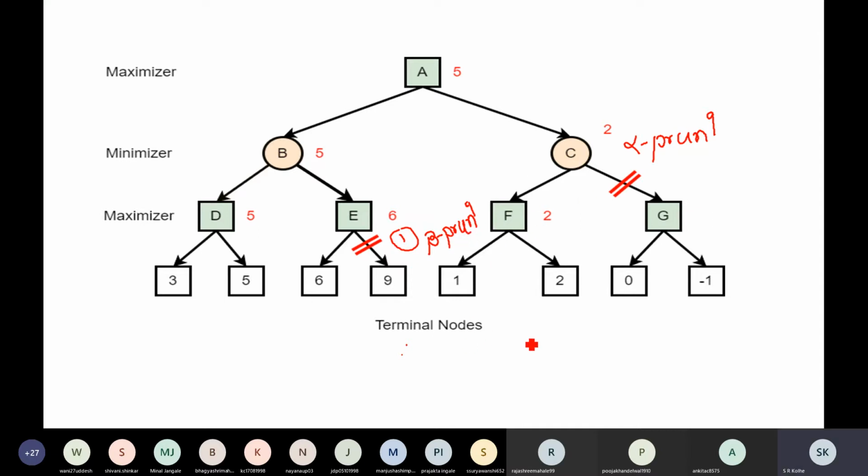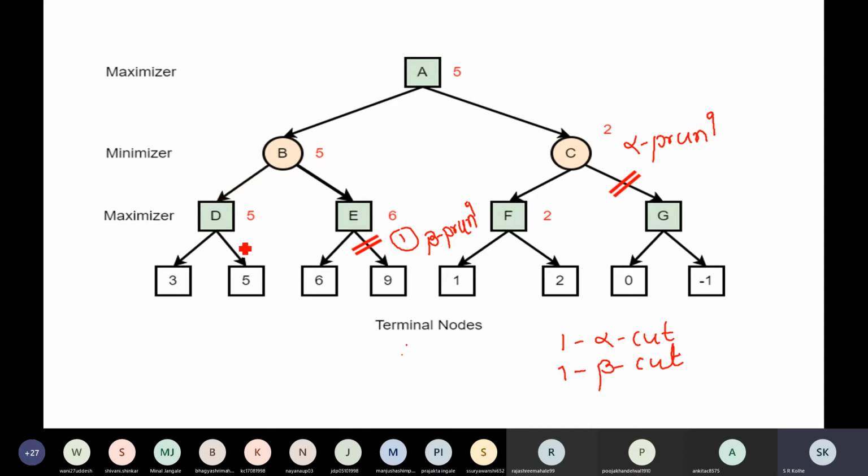So in this case, we have performed one alpha cut and one beta cut. So below a max node, always remember, beta cut. Below a min node, there is an alpha cut.